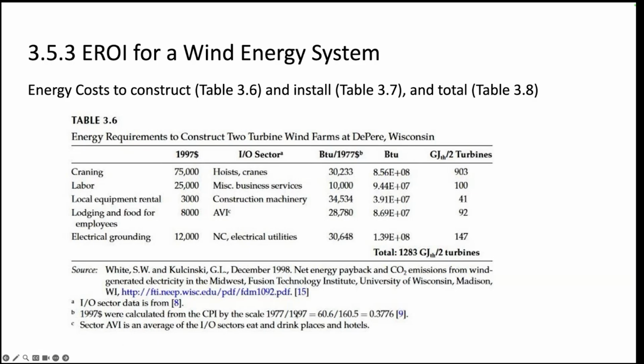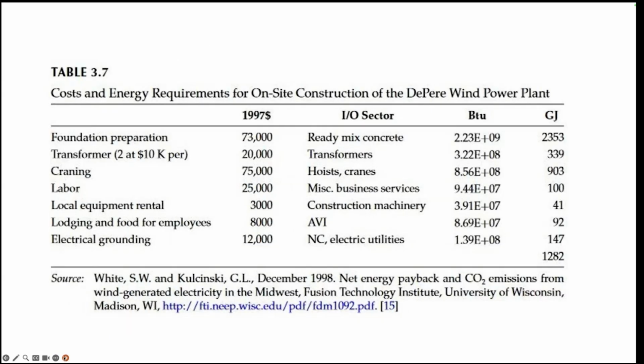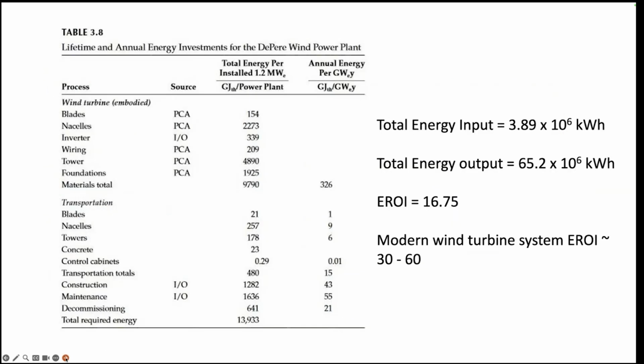So the total is 1283 gigajoules for 2 turbines. So these are all of the things that had to go into it: foundation preparation, transformers, craning, labor. These are the costs, and the energy required in that. So this can be calculated, the total energy per installed